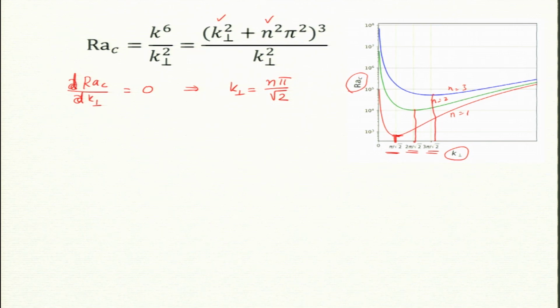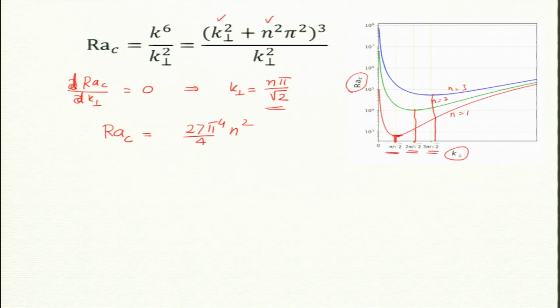Okay. So, now once I put in this k_perp, I can get Ra critical for a given n. The formula is 27 pi^4 by 4 n squared, I believe. That is the Rayleigh critical for any n. Is that correct? Does anyone remember it from the book? I derived this for given n, but it should be n cubed or n^6, right? Rayleigh critical, n squared, it is n squared here, pi^4.